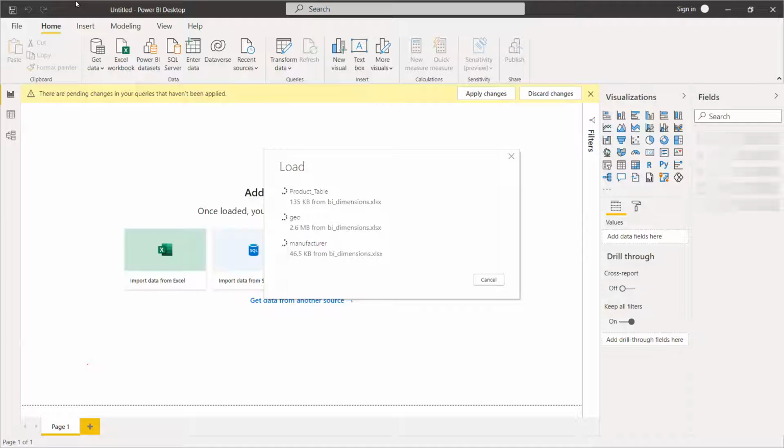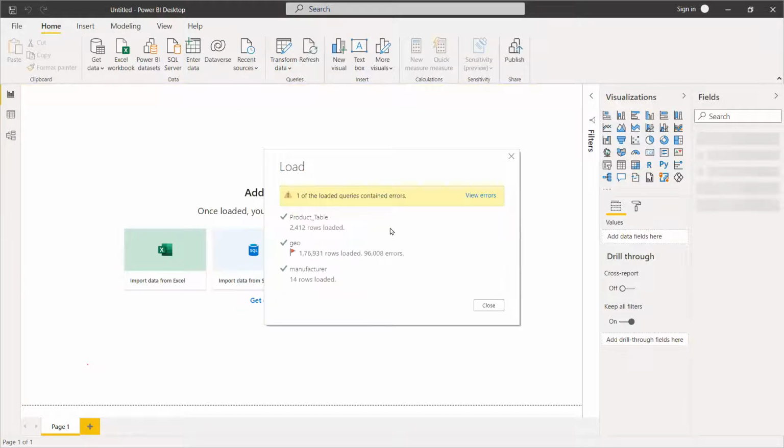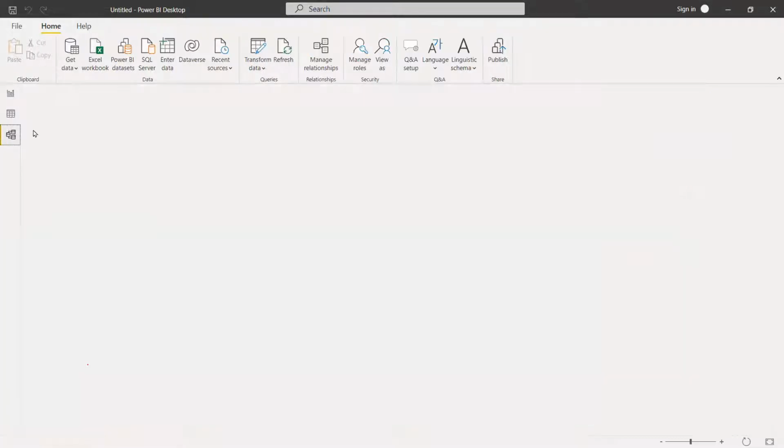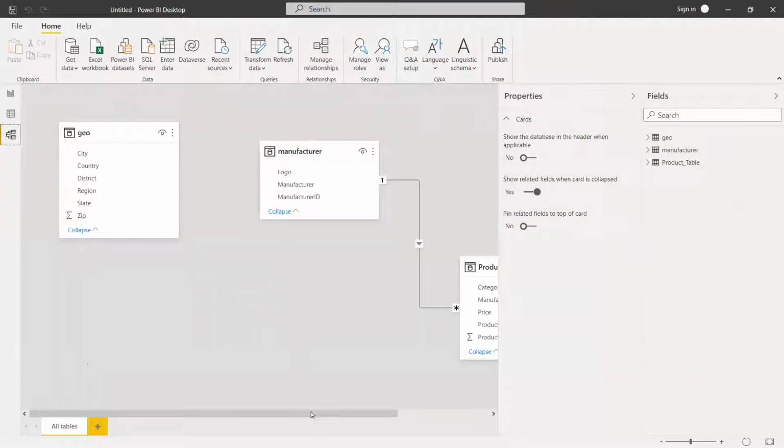Because the amount of data is very large, it might take some time to load. Meanwhile, the data is already loaded. Now Power BI is detecting the relationships, and there are some errors, which we would deal with later on. So for now, let's go to today's segment, the relationship segment.